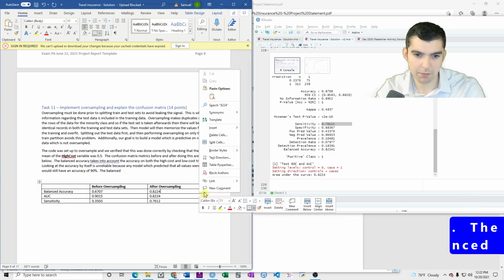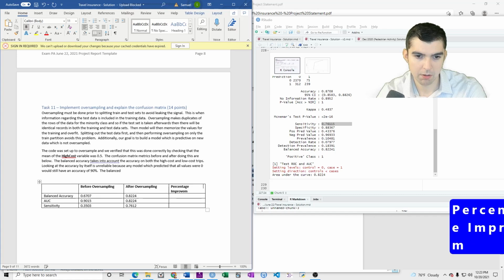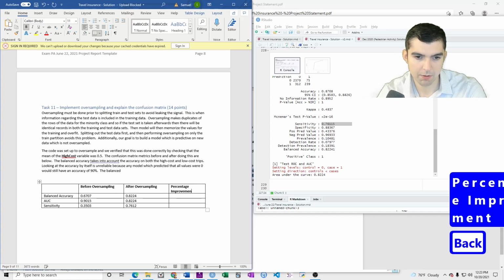we can even do this. We can insert columns to the right. Percentage improvement.